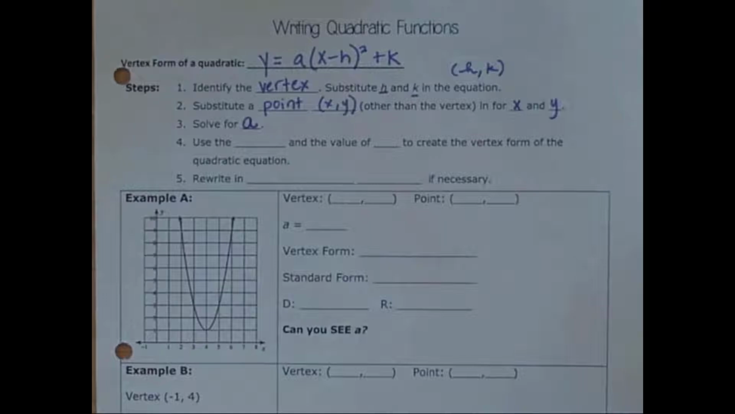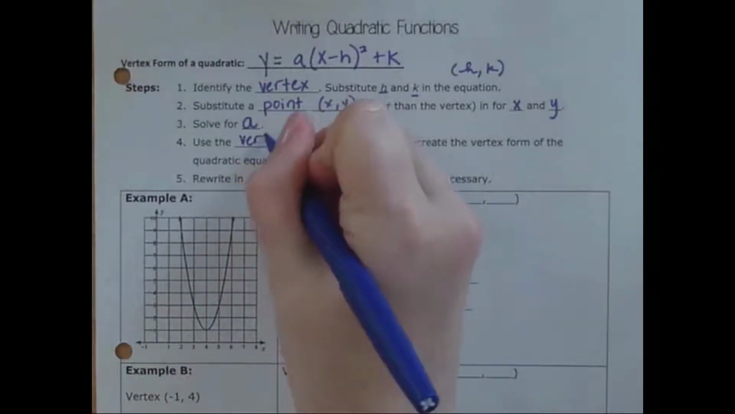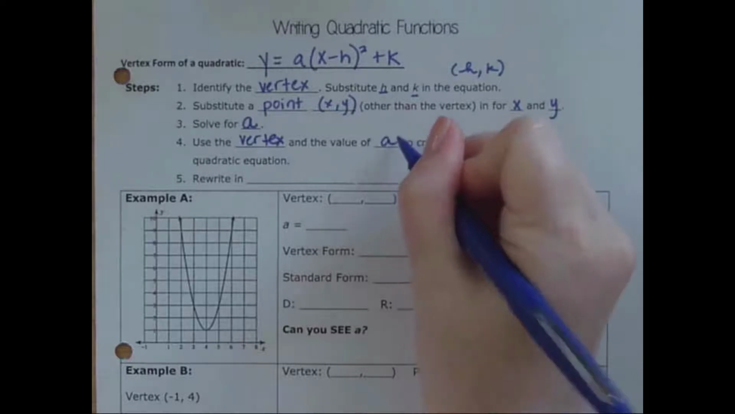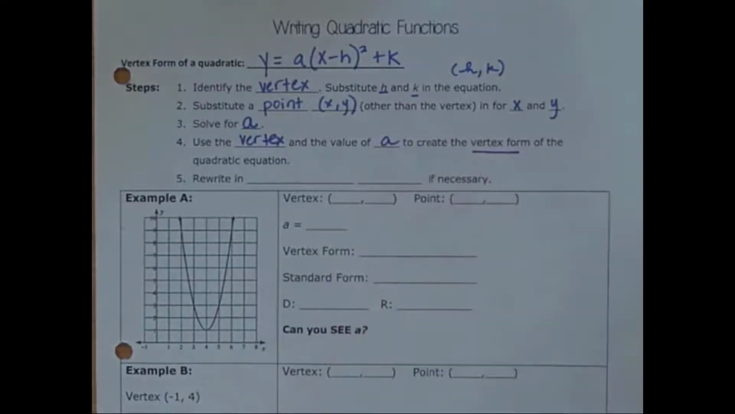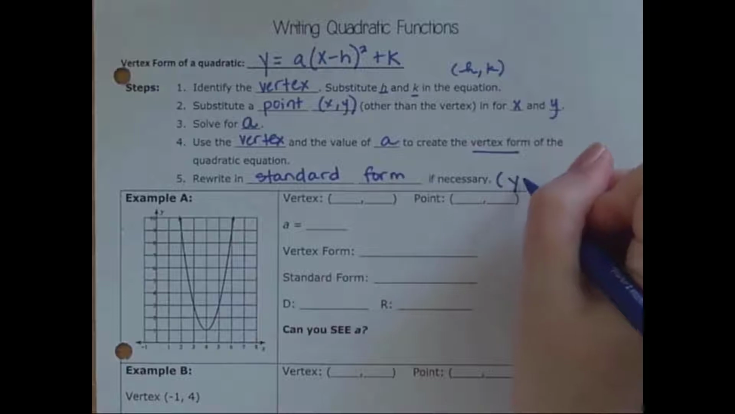If you can't see a, so we've talked a lot in regards to the parent function on where we see the a value. So we'll keep talking about that. But some of us are just going to struggle with that, and this is our other option for finding what a is. So once we solve for a, then we use the vertex and the value of a that we find to create the vertex form of the quadratic equation. And then if they really want us to, we can rewrite it in standard form. Remember, standard form is